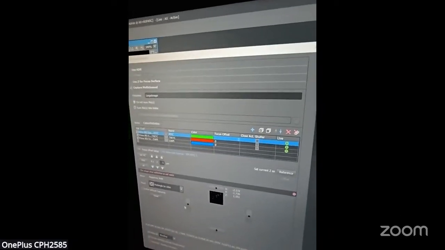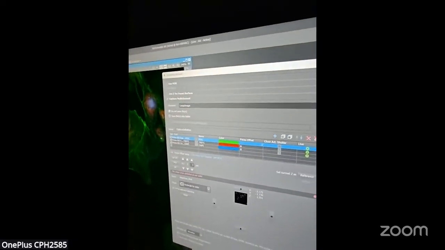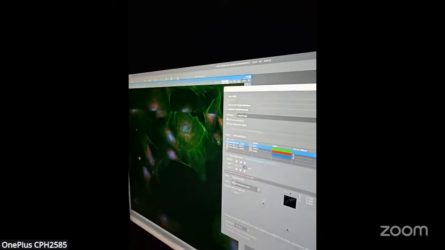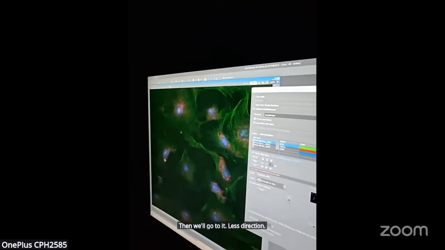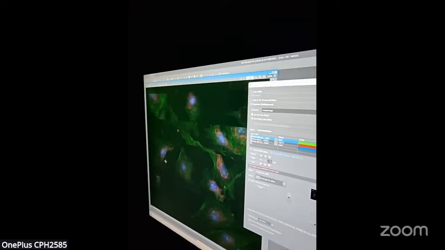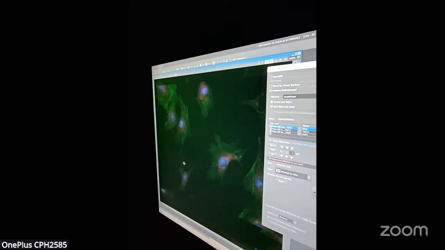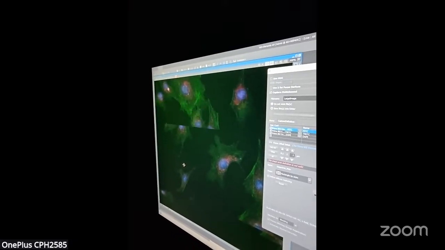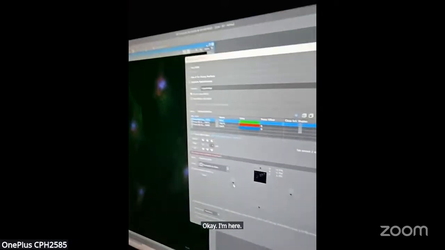Then we'll go to the left direction. Okay. From here, it will take capturing.